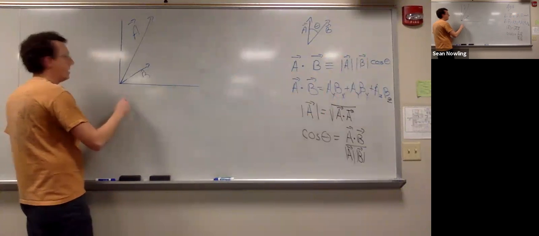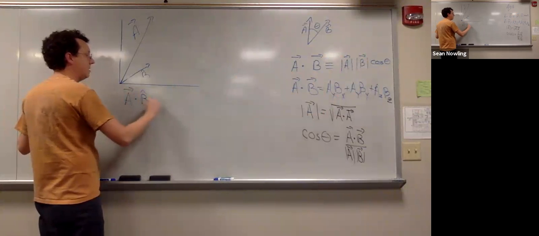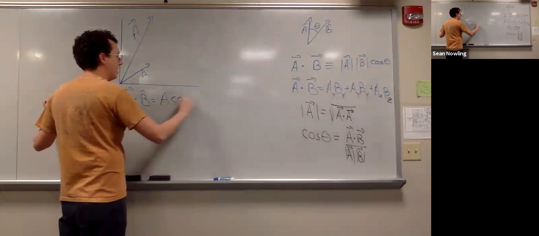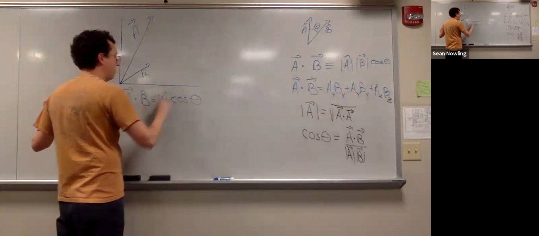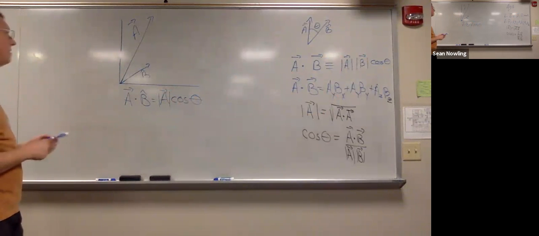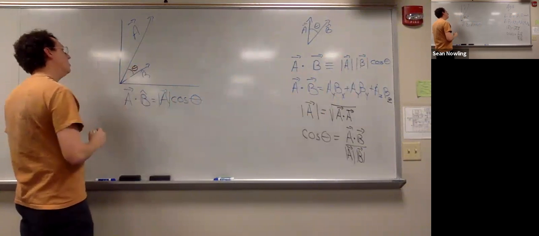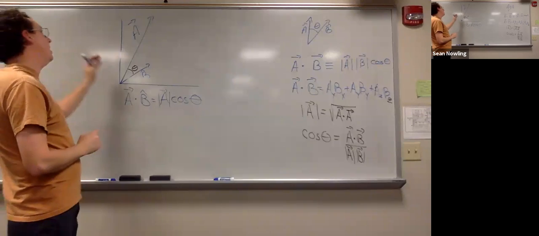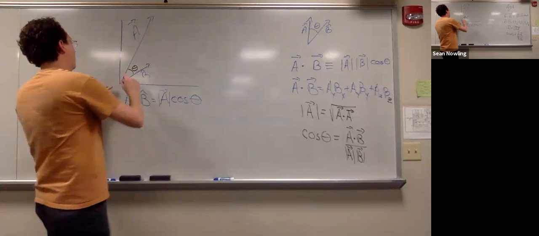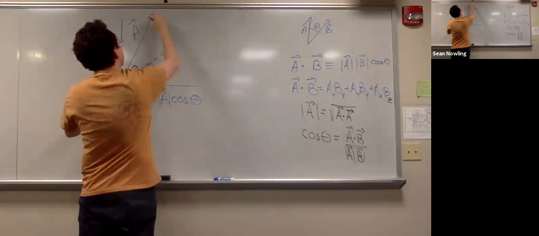So if I look at A dot B hat, I work that out. That's the magnitude of A times the cosine of theta. If you think about that, remember theta is the angle between the two vectors. It's this angle. So the magnitude of A times the cosine of theta, what that actually is